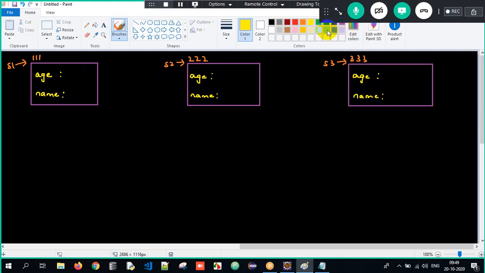Great. So the age of the first student is 22, then it is 23 and 21. And the name here is Dinga, here it is Guldu and here it is Tom. Dinga, Guldu, Tom. Age is 22, age is 23 and age is 21. So now here